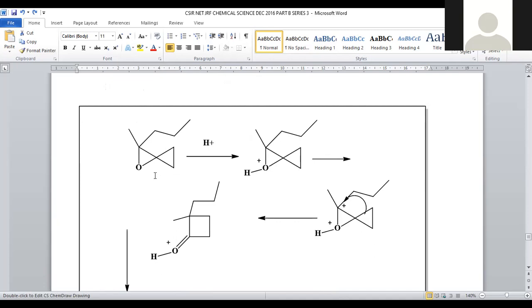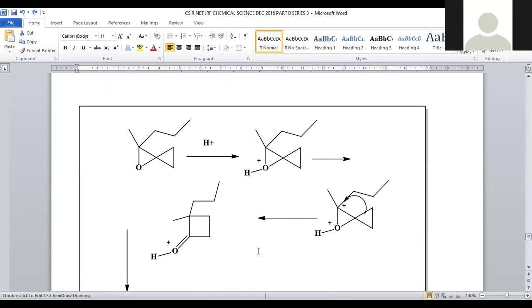We are taking the starting material. It is a kind of 4-membered ring, but it is in twisted form, right? So this will be subjected to protonation. Obviously, oxygen will be protonated because oxygen has a lone pair of electrons. Upon protonation, there is a formation of oxonium ion. This oxonium ion will participate in a ring opening reaction. Why ring opening? This is a twisted compound, and a twisted compound is highly strained, so ring opening is the only option it will participate in.